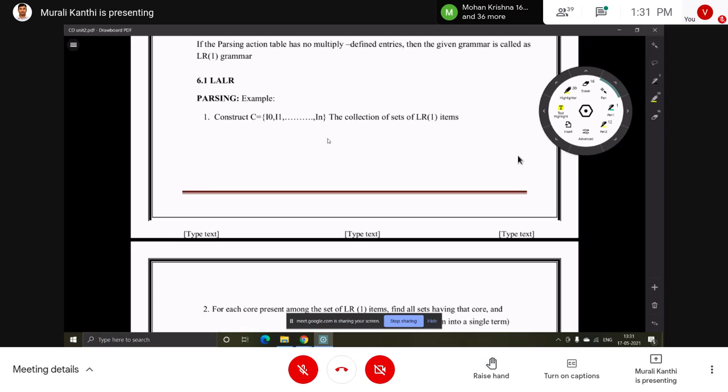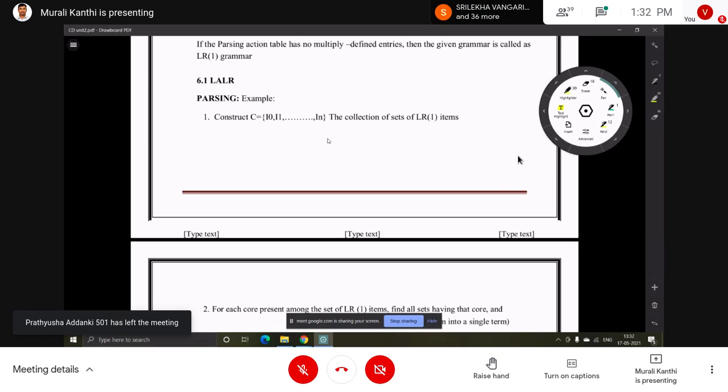Then the next step is augmenting the grammar. Augmenting grammar means adding a new production to the grammar. That is in all these three parsers: adding this new production in SLR, in CLR, in LALR. So that step is common in the three, but finding the first set is only in SLR, not in CLR, not in LALR. Then the next step is the construction of the LR item sets.